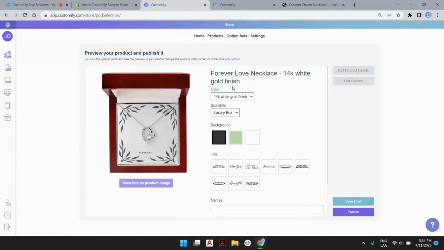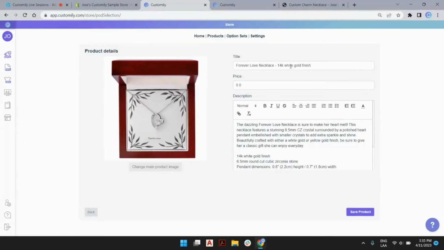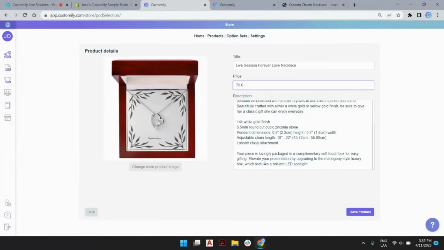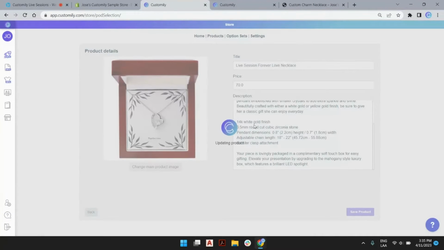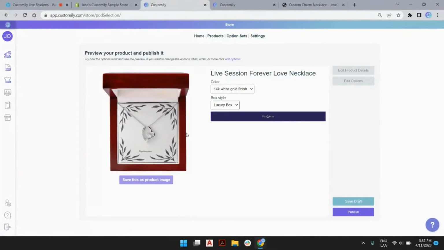So as you can see in this final review before we publish or save this product, we actually get to see a preview of how the product will look. We can even edit the product details here. For example, change the name. I'm going to change this to Live Session Forever Love Necklace. Set a price because apparently our POD information did not come with a price, but it did come with a name and a description. Okay. And once we are satisfied, we save the product details, go back here,